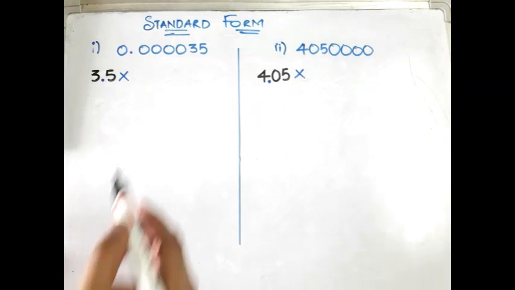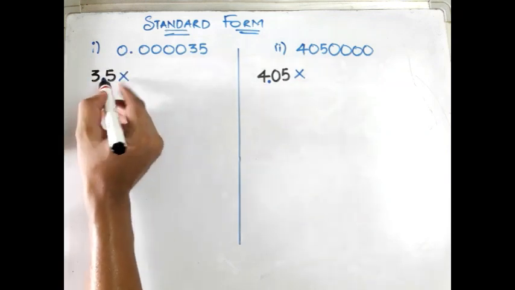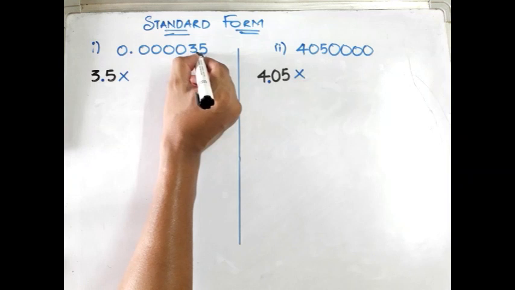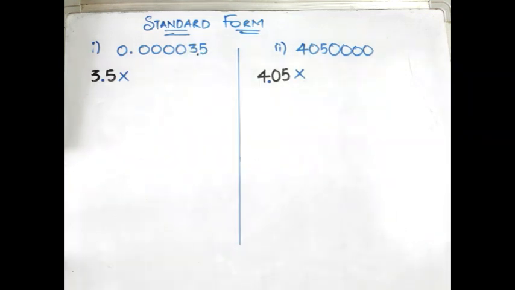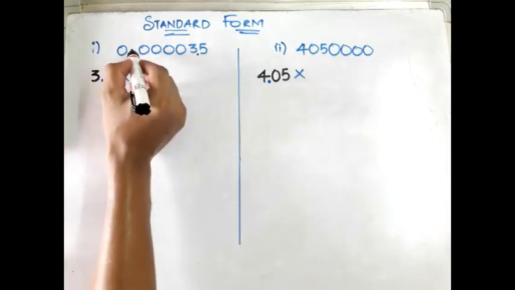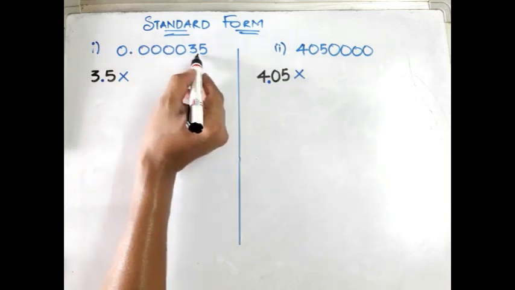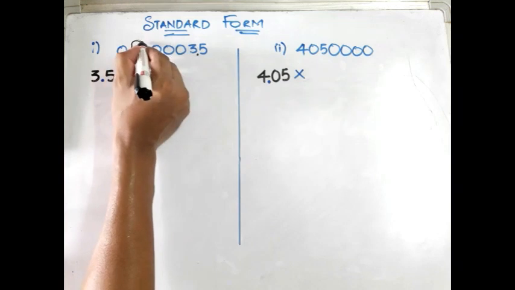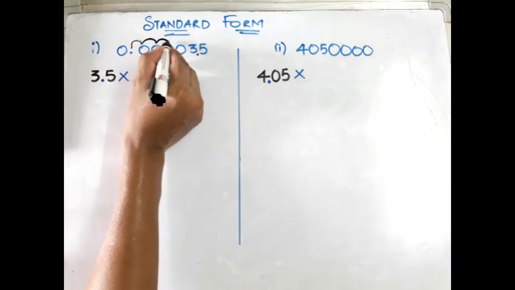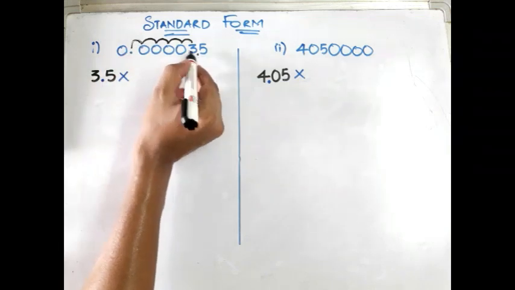Look, here we already have a decimal. In the new number, where exactly did we keep the decimal? Here, after 3, isn't it? After 3 we kept the decimal. Now, as we already have a decimal, count the number of steps we made to reach this decimal. So from here, 1, 2, 3, 4, 5. So after 5 steps we got this decimal.